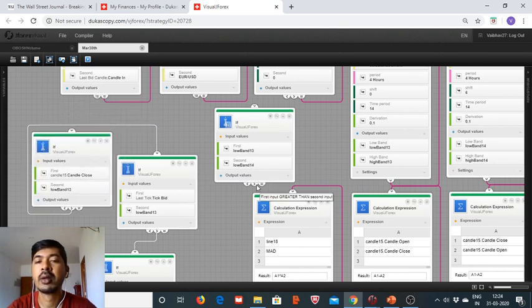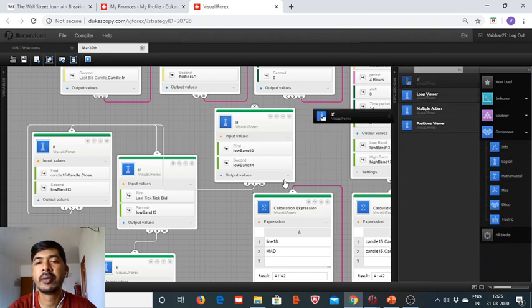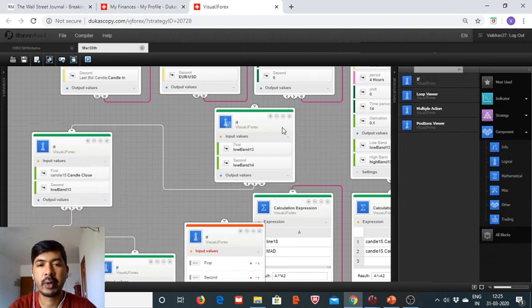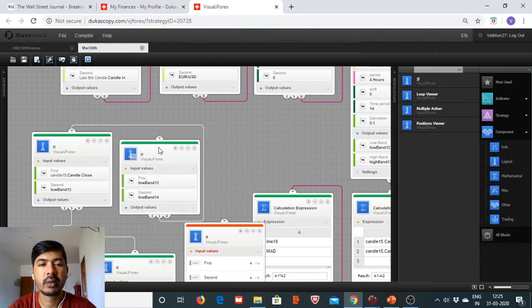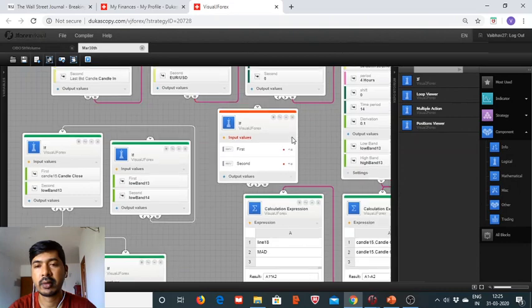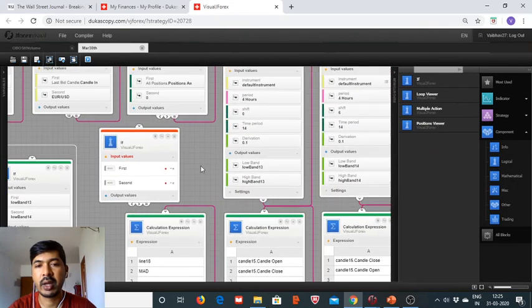Current lower band should be greater than the prior lower band for a buy trade, and also same thing for the upper band. The current upper band should be greater than the prior upper band, and for that we bring in